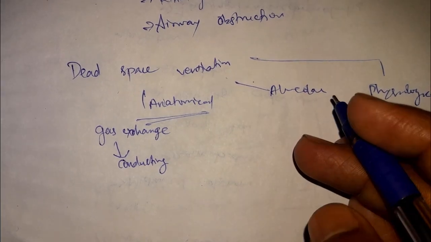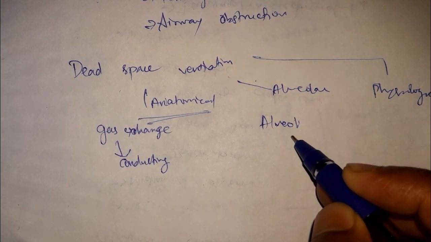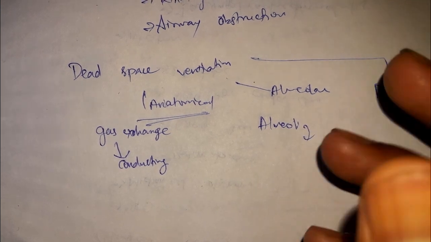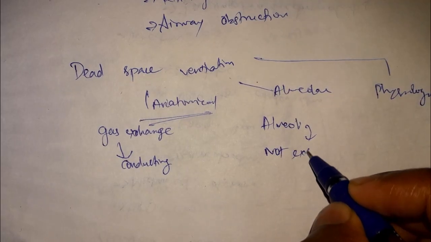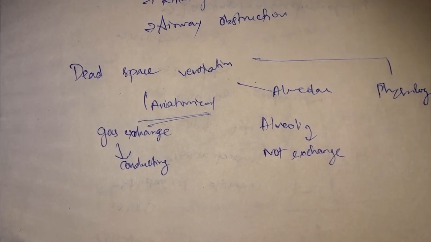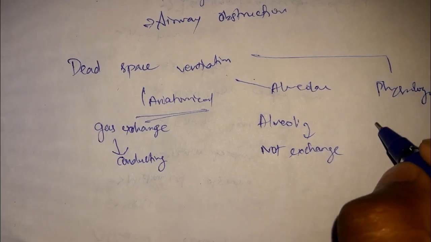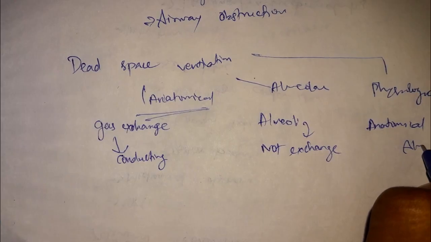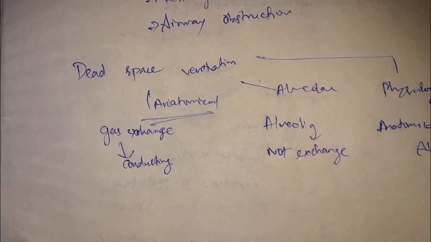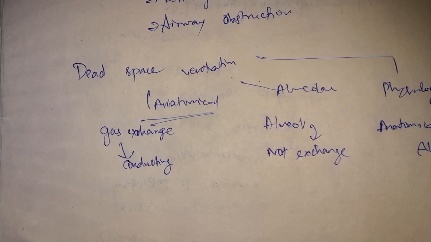Then alveolar dead space. Inside the alveoli, some parts do gas exchange and some parts do not. Where no exchange happens inside the alveoli, that is the alveolar dead space. Then physiological, which is both anatomical and alveolar. Anatomically it passes the air and it is a part of the alveoli, but it is not exchanging the